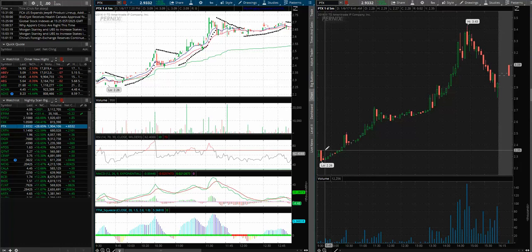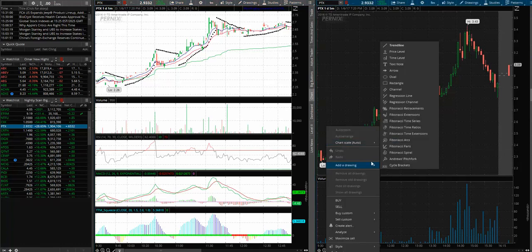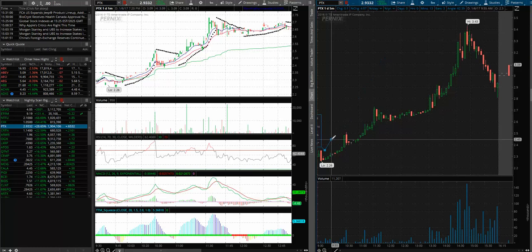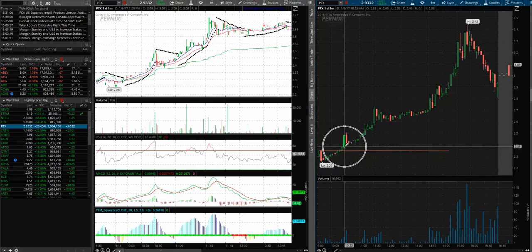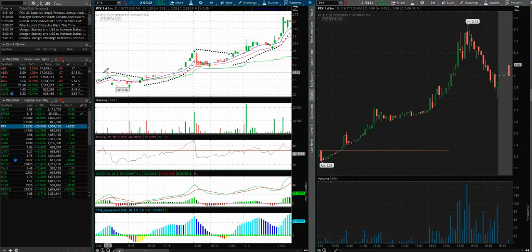Once it breaks this, so what happens is, let's say you're watching the stock for whatever reason, you have some sort of bias, right? So you see it here. What you want to do is immediately put that little trend line there. And once it broke, this was a confirmation. And if you see on the 1-minute chart, it's hard to see here, but this is the high of day right here, right? If you do your little trend line,